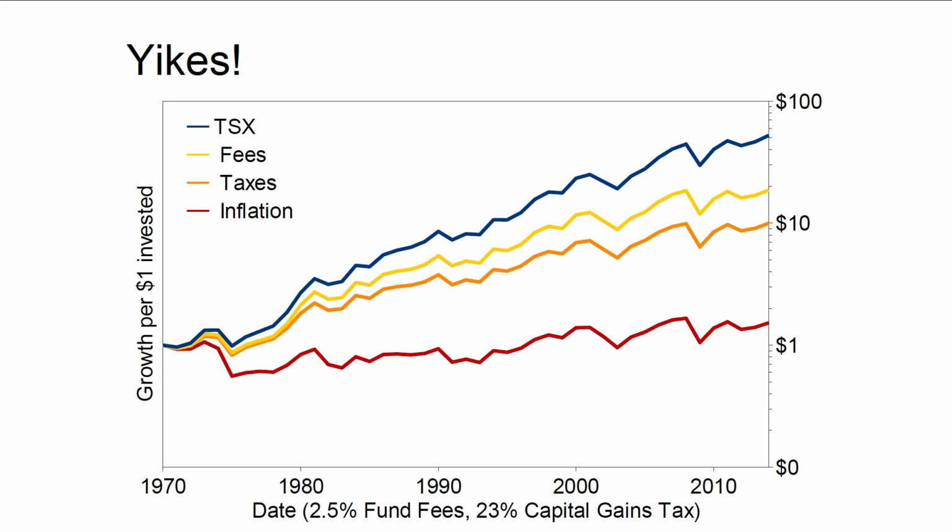You can think of it as the Canadian stock market. And it's the growth per dollar invested in 1970 through to the end of 2014, and $1 turned into just over $50. Here I should point out that the y-axis, the up and down axis, is a log axis. So what's happened is it's been squished all together. So you can see that the scale jumps pretty dramatically from $0 to $1 to $10 to $100 as you